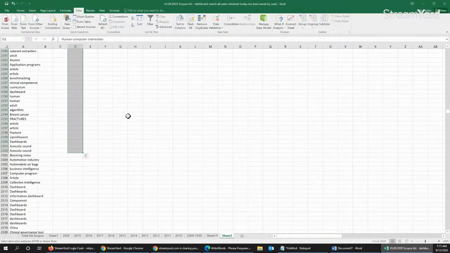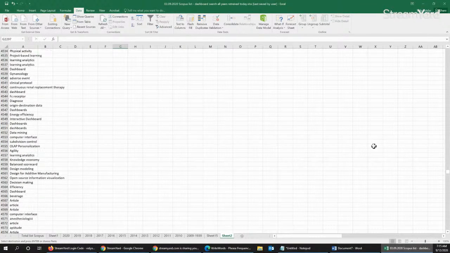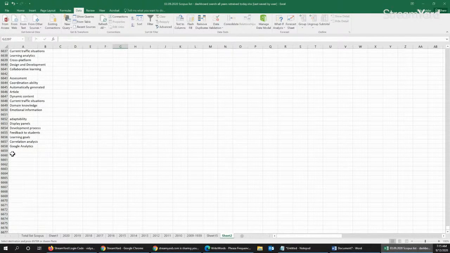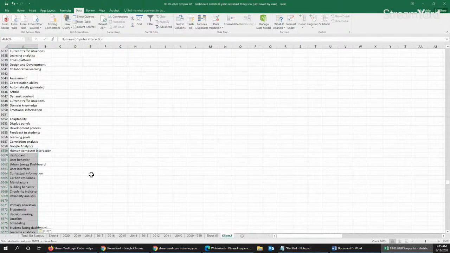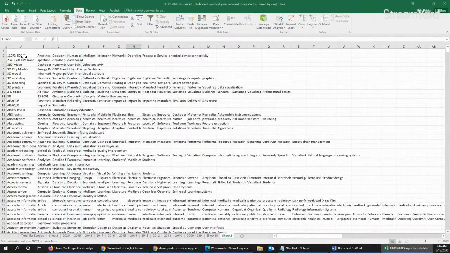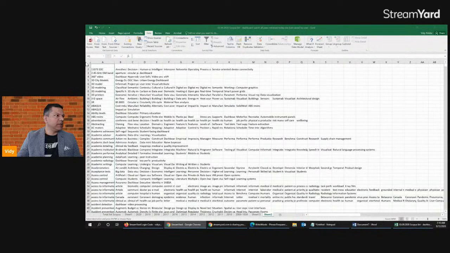So let's assume I take all this and then go down to the very end, and I paste it here. Okay, so I'm not going to do it for all the other columns, but that could be equally done. What I want to show you now is, if we take this and just imagine this is all the columns that we have, if these are all the words that we have, keywords,